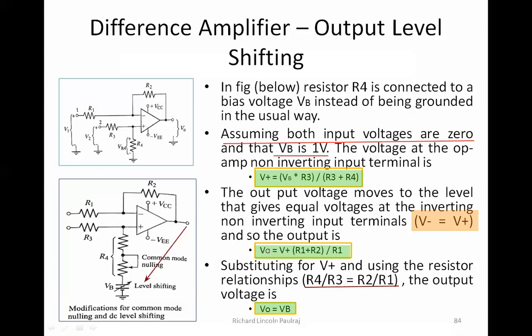Yeah, so keep in mind what V plus is dependent on and what V not is dependent on. V not is dependent on R1, R2, V plus is dependent on R3, R4, right? And I'm making sure that with the help of this small mechanism here, the resistor ratios are made the same. Because they are the same, I'm going to have the output voltage exactly equal to bias voltage, VB. Fine.